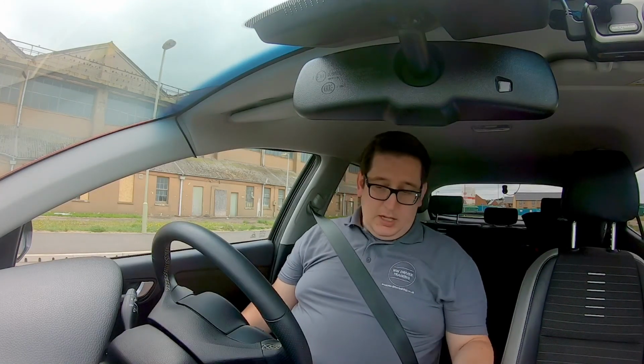And the last thing would be the ignition. So this car is keyless. You've probably seen me pressing the button occasionally down here. So there's a button down here. The key stays in my pocket. And to get the car started, you'd press the clutch down, press the button, the car would come on. If you press it once, the electric comes on. So sat nav kicks in,